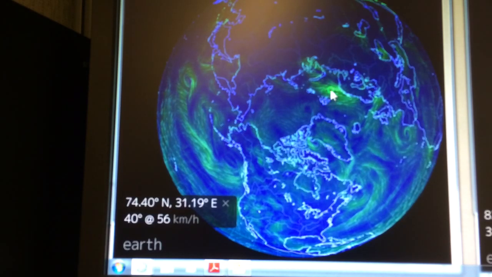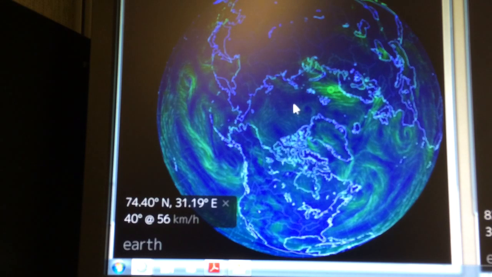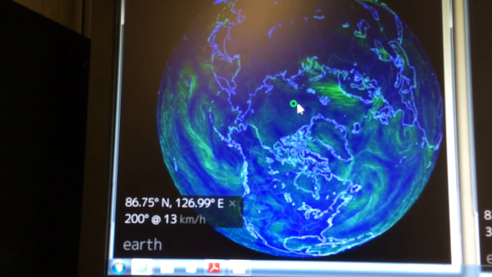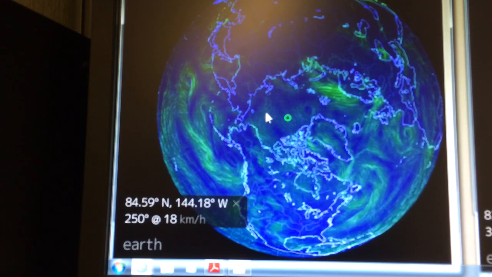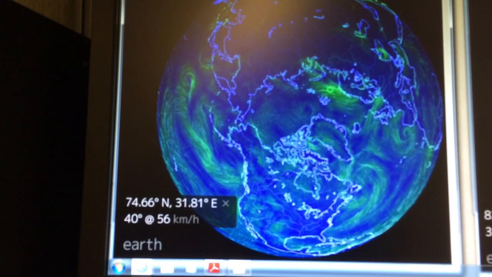Right now the maximum outflow is this region. This is open water here, so the ice up here will be pushed out, and you can see the winds varying in different regions. These are surface winds of 56 kilometers an hour. What else is going on